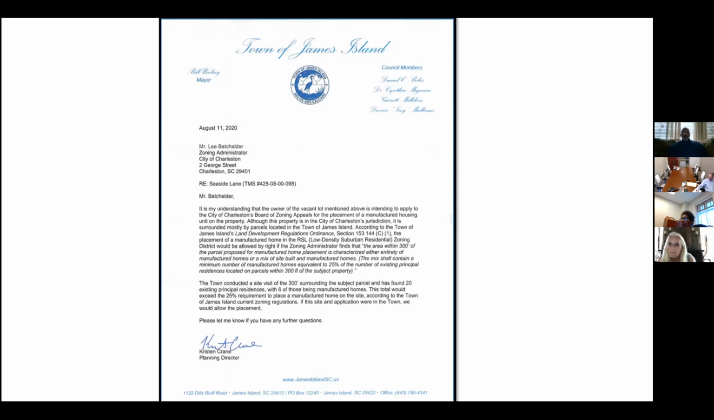They have a standard in their zoning ordinance that says that they have to consider the other homes within 300 feet of the subject lot and whether 25% or more of those lots contain manufactured homes. And in this case, they found that there are 20 residences within 300 feet of this lot, and that 6 of those residences are manufactured homes. Therefore, they would allow a manufactured home on this lot if this lot was in the town of James Island. And I think that's relevant because that is